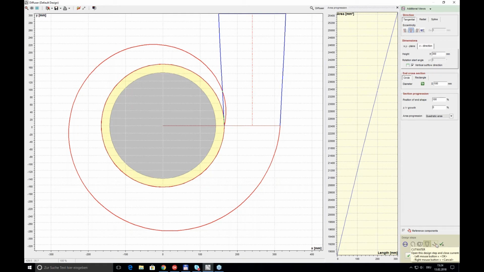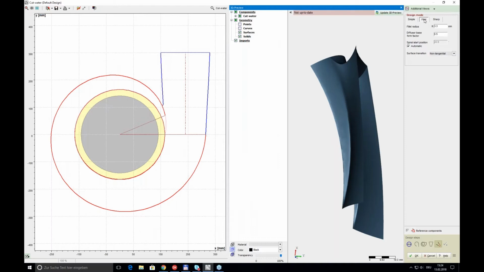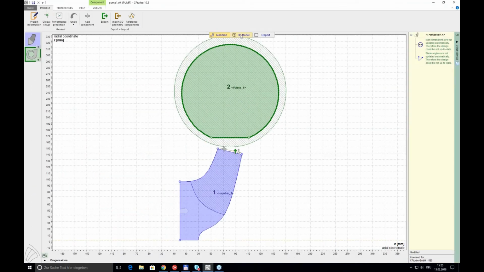And when I'm happy with that, I can directly jump to the very last volute design step, and that's the cutwater design. And here I'm going to choose a fillet cutwater with a radius of 3 millimeter. And if I press OK, then